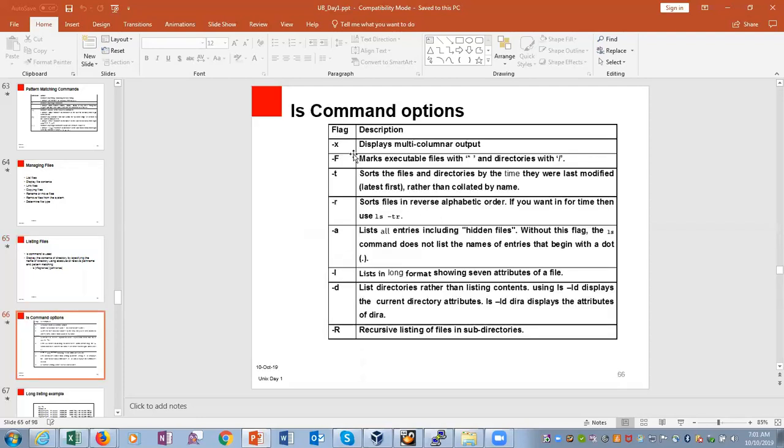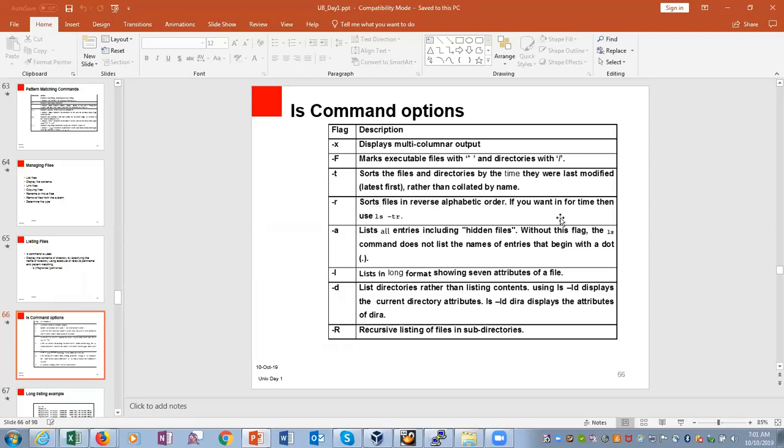These are the different flags available with the ls command. -x displays multi-columnar output. -F marks executable files with a star and directories with a slash. -t sorts the files by the time they were last modified, latest first, rather than collated by name. -r sorts the files in reverse alphabetical order.